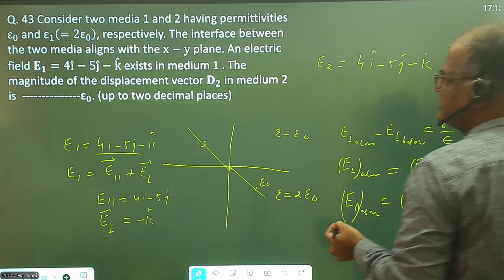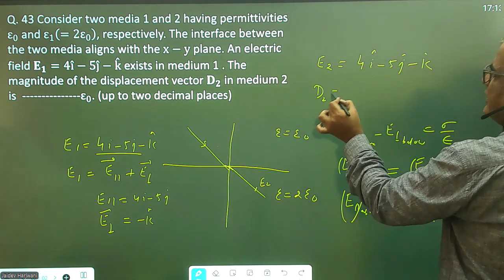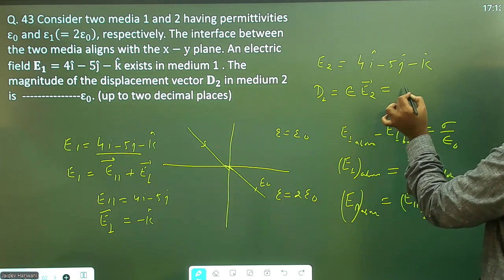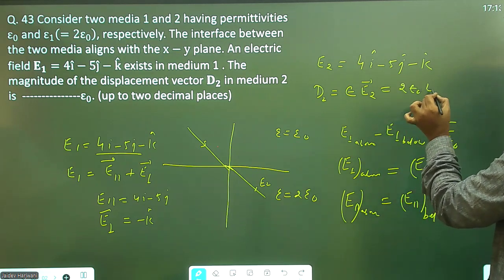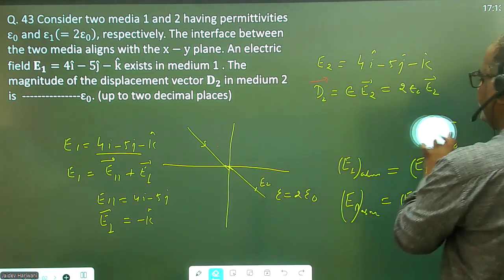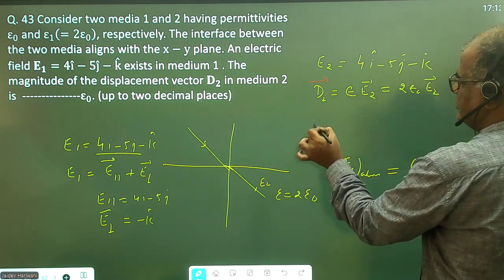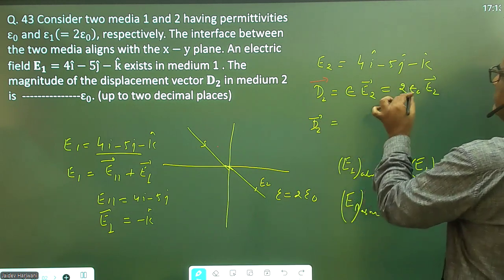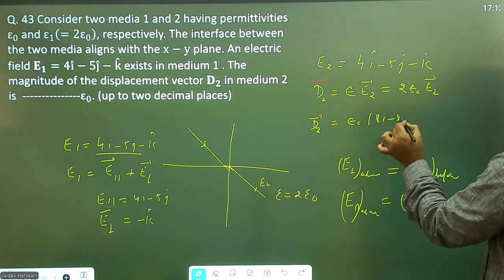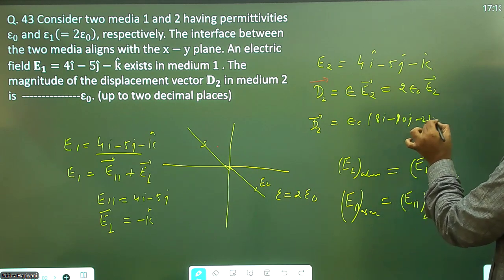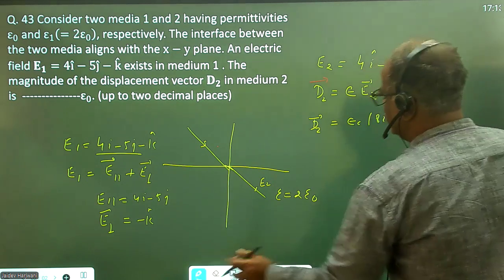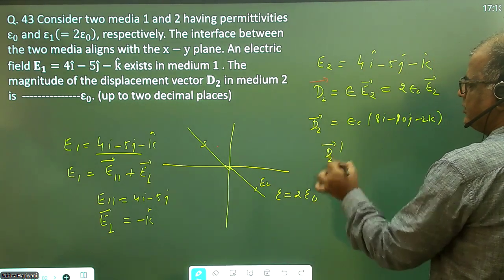And now what about the displacement? Displacement D2 will be epsilon times E2, and epsilon is given as 2 E0, so this becomes 2 E0 into E2. So now let me calculate the magnitude. We have D2 equal to E0 into 8I minus 10J minus 2K. And now they asked about the magnitude in the question. What is the magnitude? So the magnitude of D2 will be